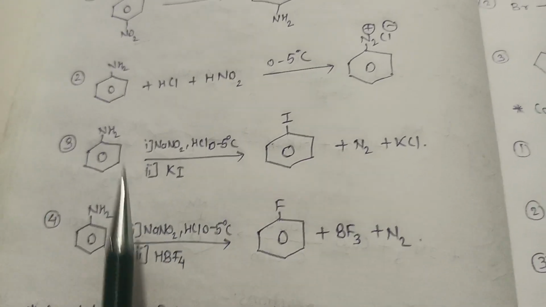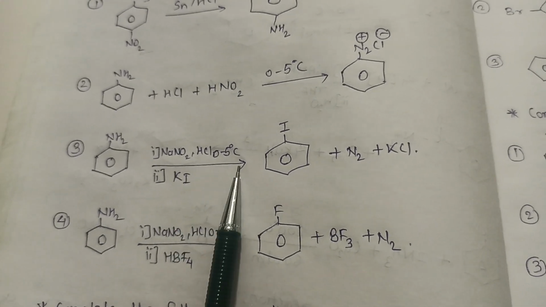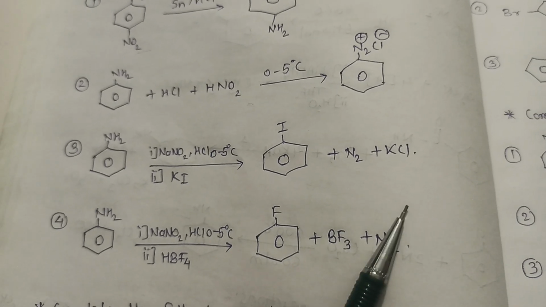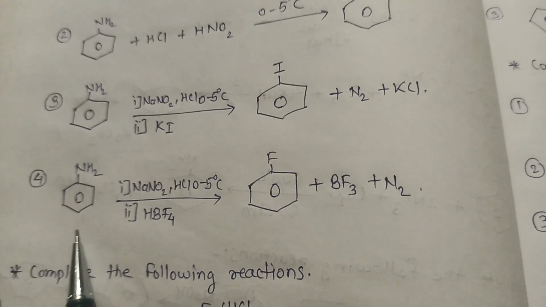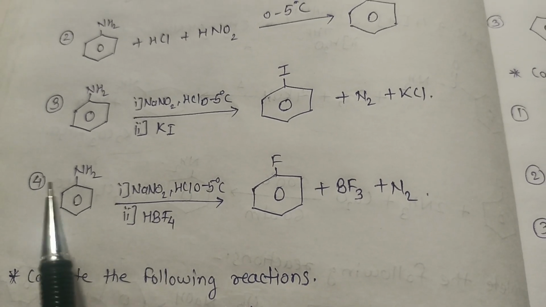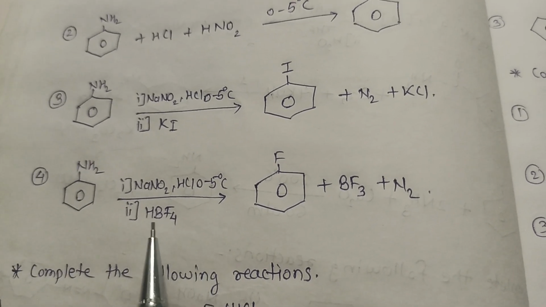Third and fourth reactions are the same. Aniline will give iodobenzene, NaNO2, HCl, 0 to 5 degrees Celsius, and KI. It will give iodobenzene, N2 gas and KCl. Fourth is also the same. Aniline and NaNO2, HCl will give diazonium salt. Bad leaving group is getting converted into good leaving group, and with fluoroboric acid